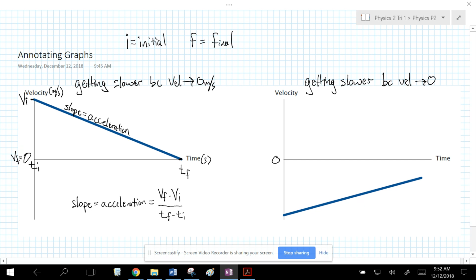And if you look at the units there, I'm going to have meters per second, and I'm dividing that by seconds. And that's why my units for acceleration are going to be meters per second over seconds, or that looks like